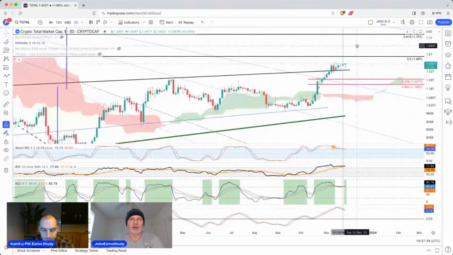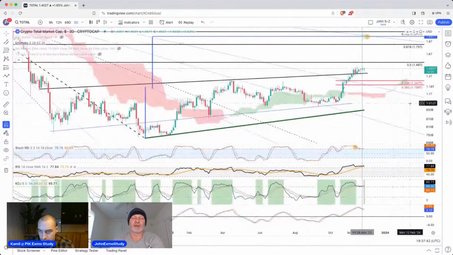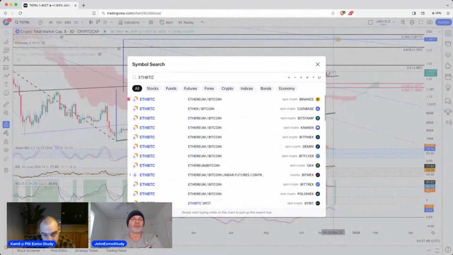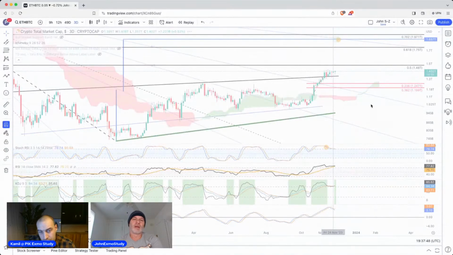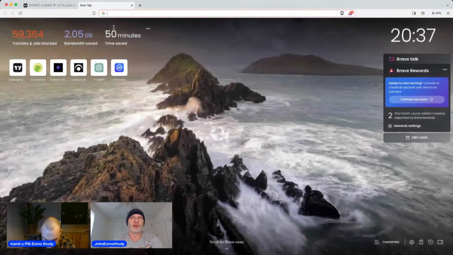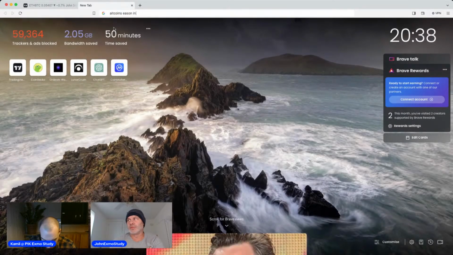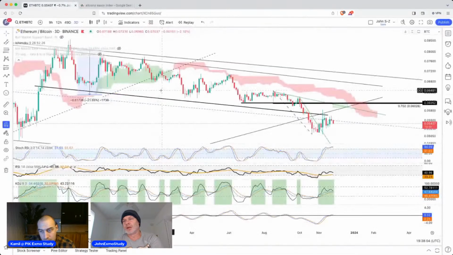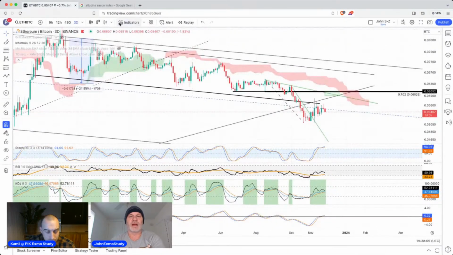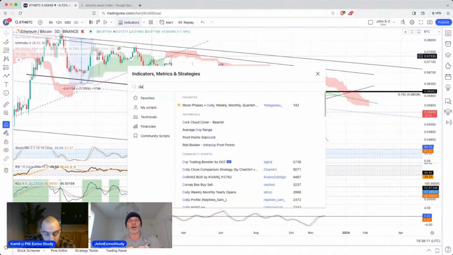And I mean, we talked in our last video or a video or two ago, where we could see it coming up to that 1.8 level or something of that nature. And here's the kicker still: everybody's still so held up on this, but we're nowhere near. Like if you would go on the daily and apply your 50 and 200s on the ETH Bitcoin, there's nothing signifying that we are anywhere near a breakout here,